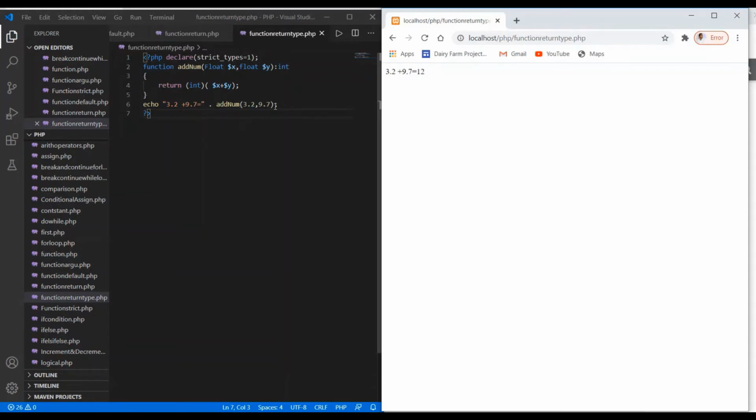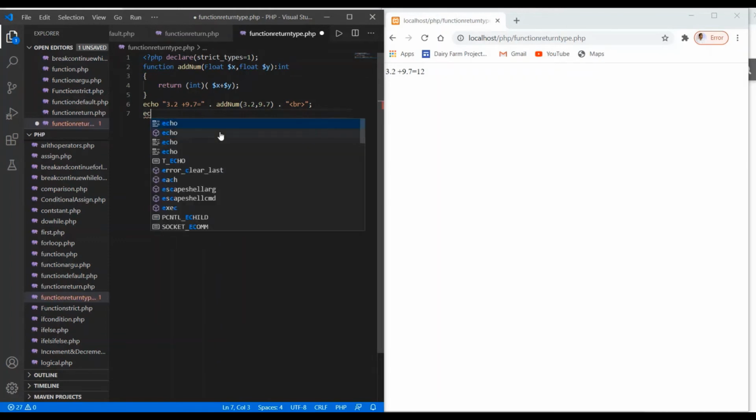So we can add one more line using the concatenation operator, with a break, and one more line: echo 9.6 plus 8.8 is equal to, again using the concatenation operator and calling the function addNum.